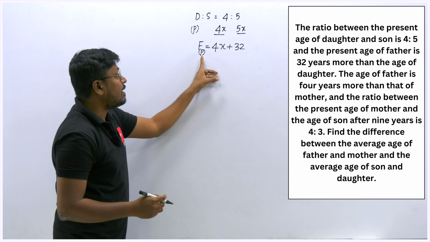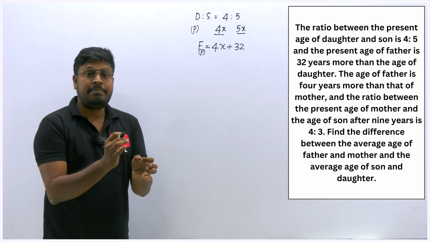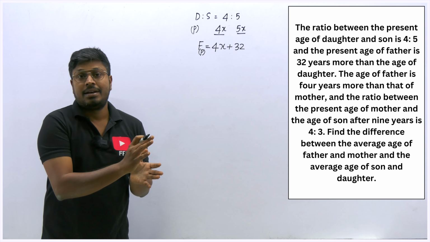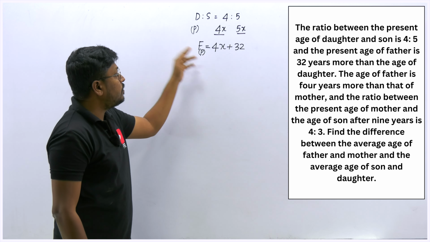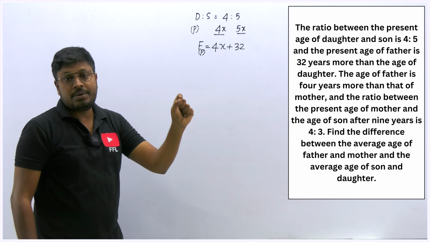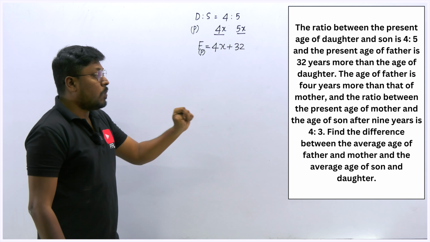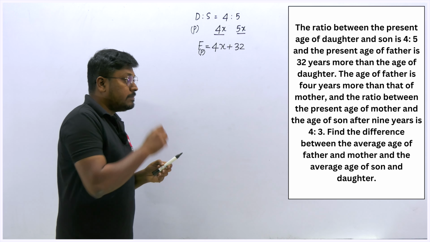While practicing, practice like this. Why? Because in problems on ages, we mostly make mistakes because of present, past and future. After finding a value, you should fix whether this is a present age, a future age or a past age, right? Once you fix that value correctly, solving the equation will be very easy. So now, third point: this will be the present age of the father.